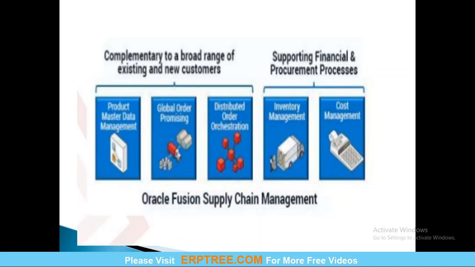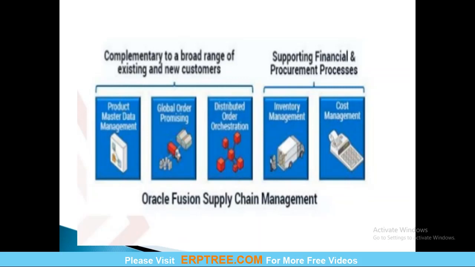And then global order promising comes as part of your order management, which used to be part of planning in the EBS case. You also need to know what global order promising is when you are learning Fusion order management, where you can source the items from respective warehouses other than the warehouse entered in the sales order. So that advanced functionality is also available. And